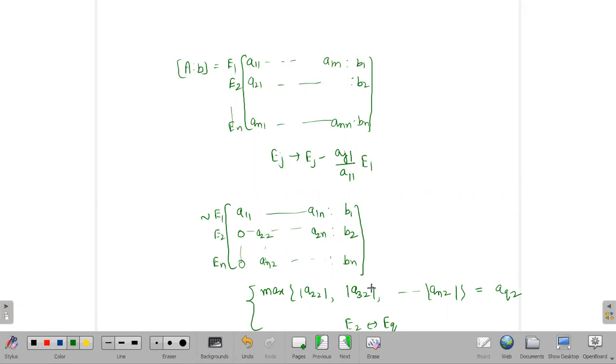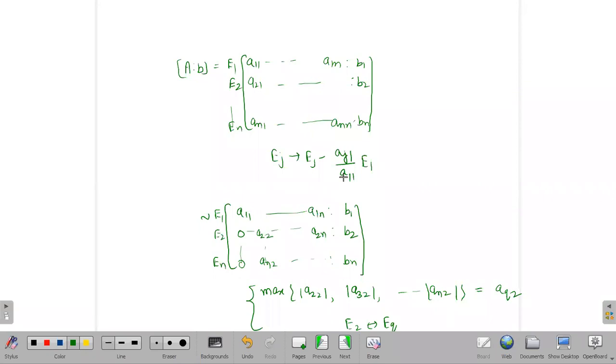Actually, the partial pivoting will reduce the error in the solution of the system of linear equations. It is so because in numerical analysis, error will become larger when you divide by a smaller number. Suppose it is a very small number and you divide by it, that will create more problem, more error in the solution.